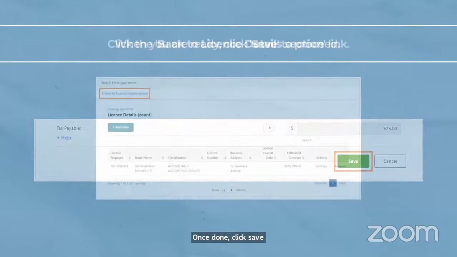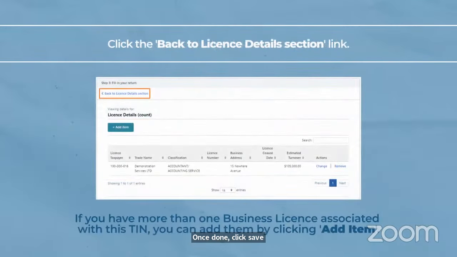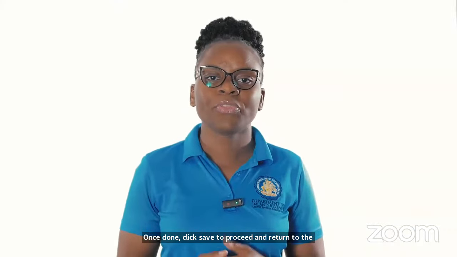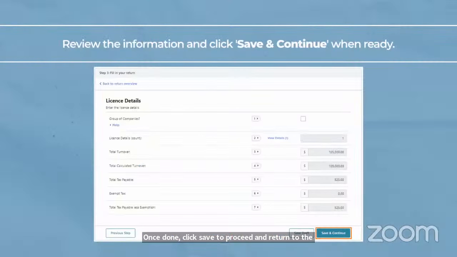Once done, click Save to proceed and return to the previous page. Once more, review the business license estimated details for accuracy and click Save and Continue.